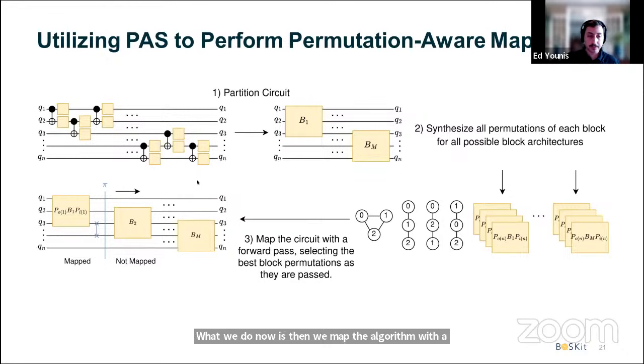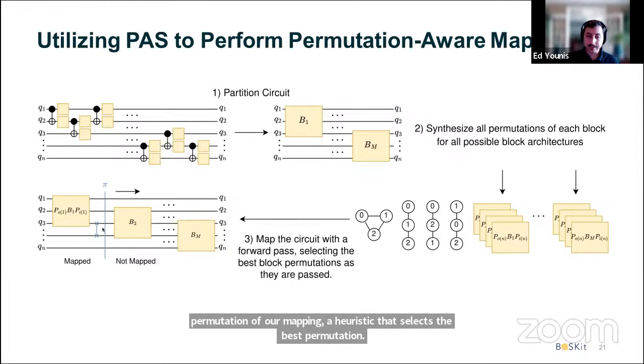So as we go from left to right, we're adding swaps to make these blocks executable such that they line up on qubits, physical qubits. The logical ones line up on physical ones that are connected in the hardware. When a block becomes executable, we move it from the not mapped to the mapped section of the circuit. As we do that, we have another heuristic. This is the permutation we're mapping. We have a heuristic that selects the best permutation for that spot in the circuit, for that state of the